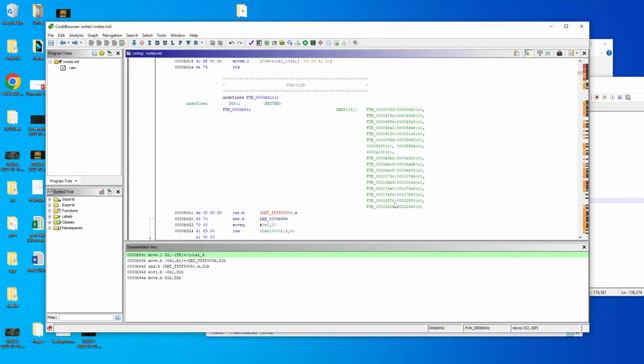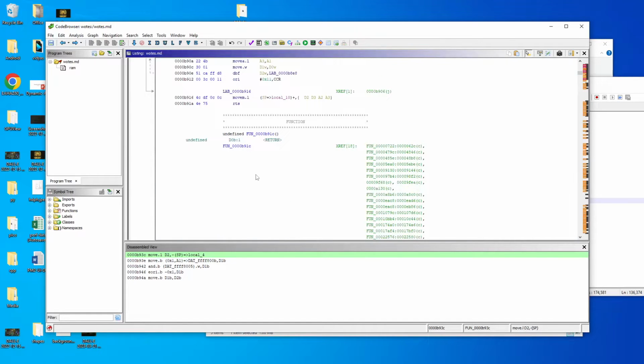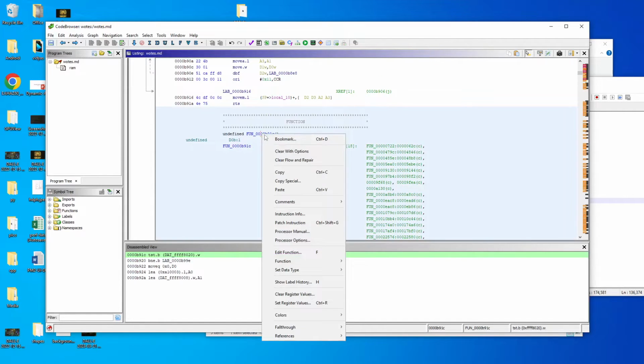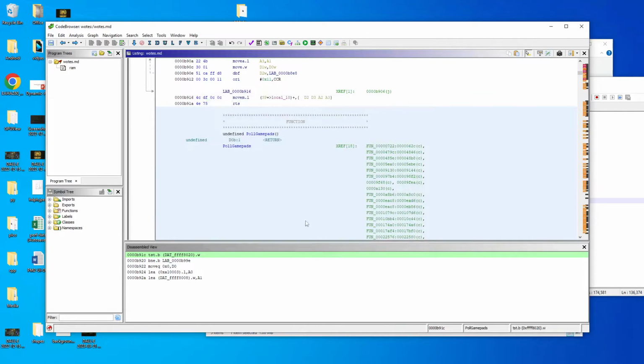So interesting. It's being called from many places, the keyboard or the gamepad polling. So we could actually rename this. Let's see if we edit function. So I could call this poll gamepads. And there you go. And then everywhere where this is actually called from, it will have this pretty name instead